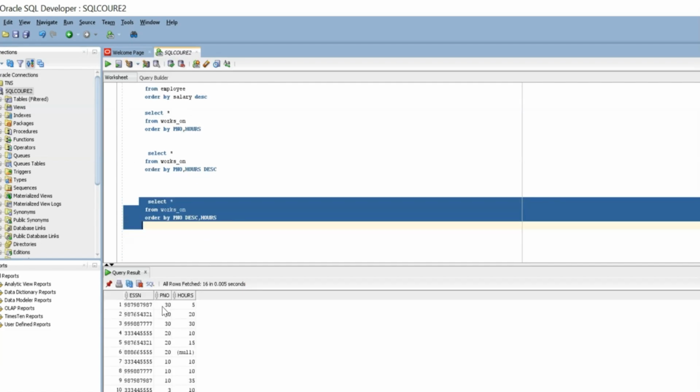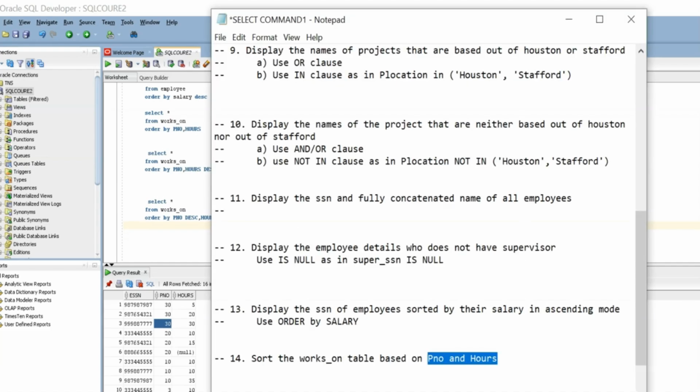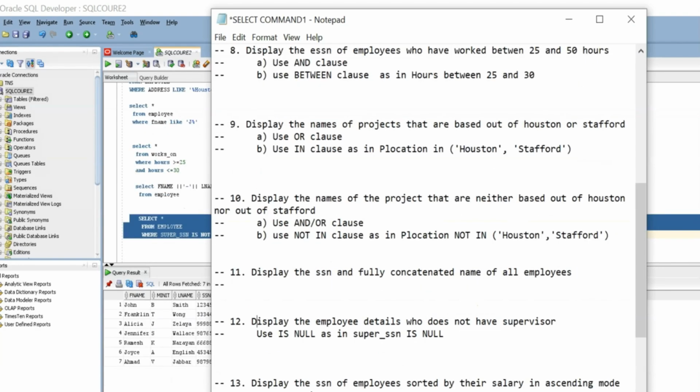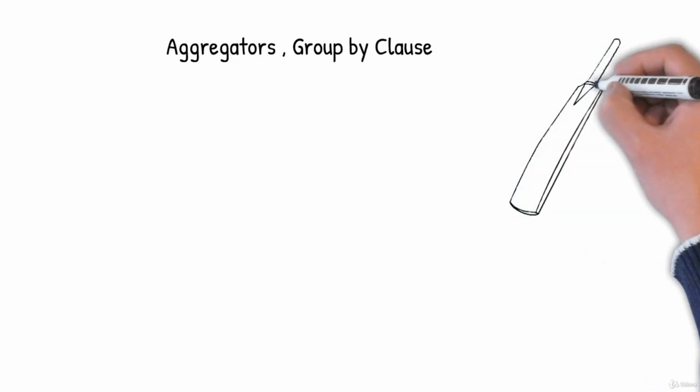You see my P number 30 is having 3 records and my hours are ordered by. Maybe for the next question you can try yourself, where you have to order by ESSN, P number and hours. It's now time to move on to the advanced SQL queries,